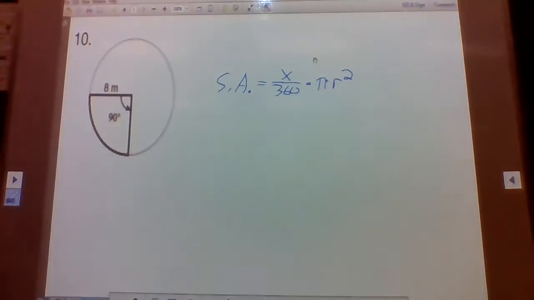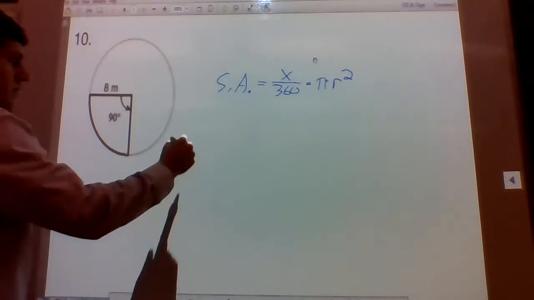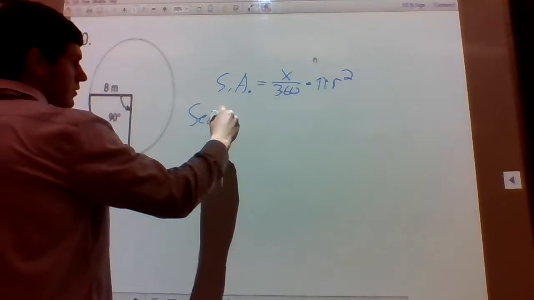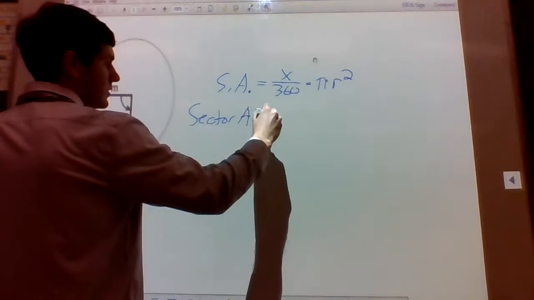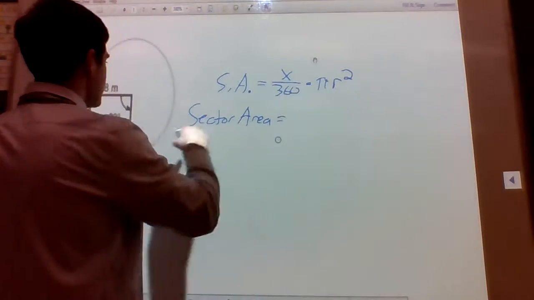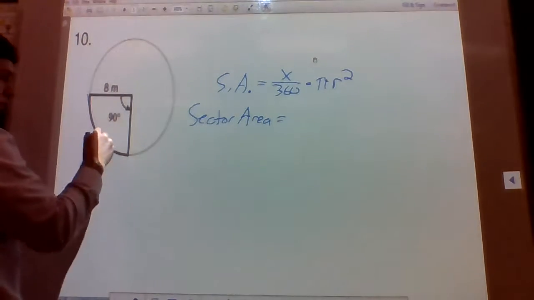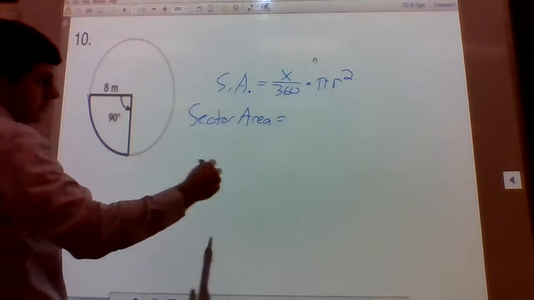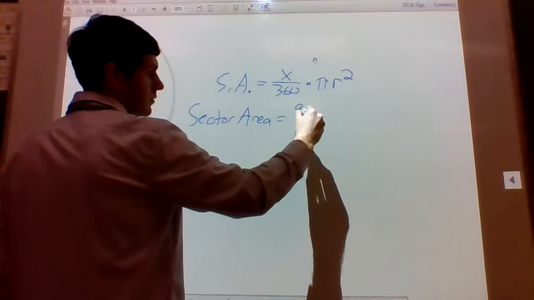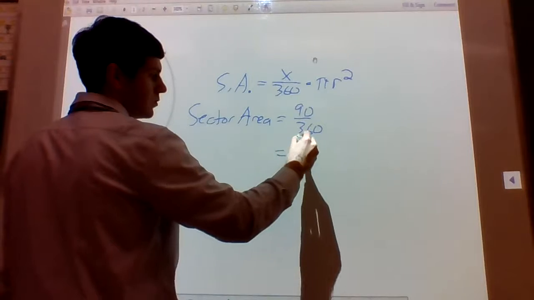The portion we're looking at is x over 360. So this is the sector area of a section. We're looking only at 90. So the measure of the angle here is 90 out of 360, which again is 1/4